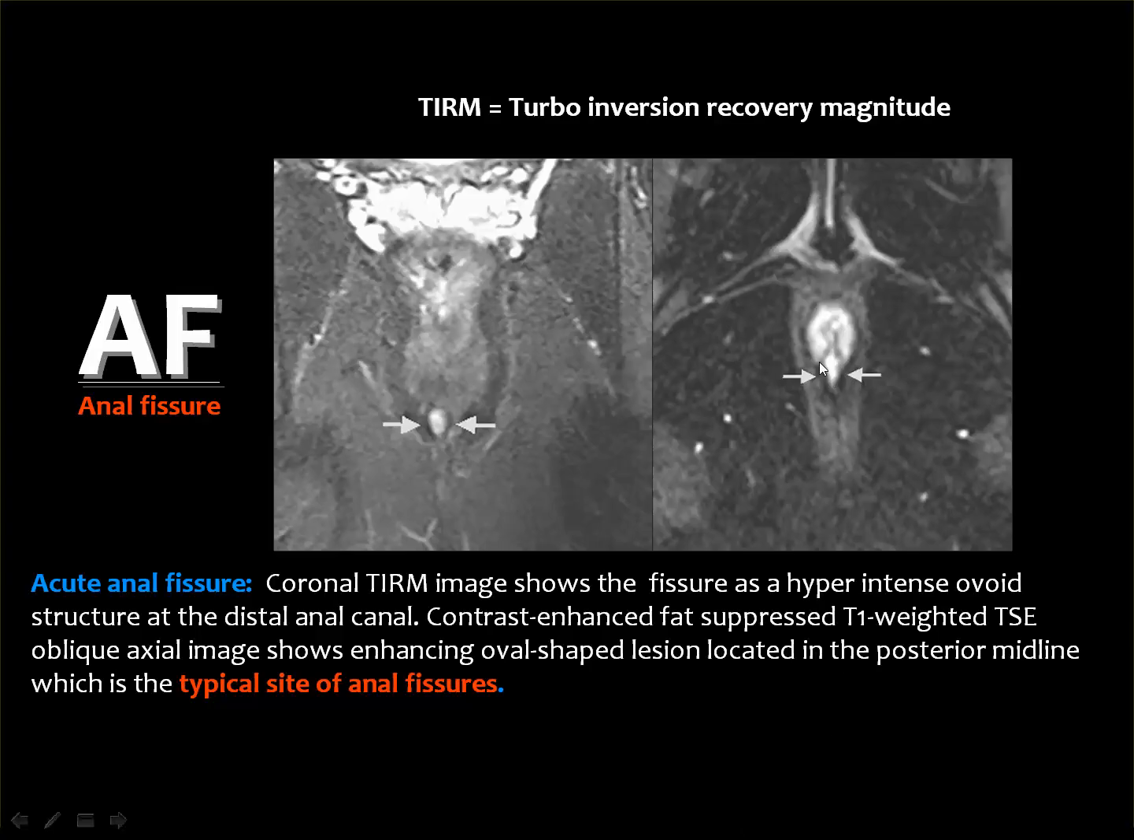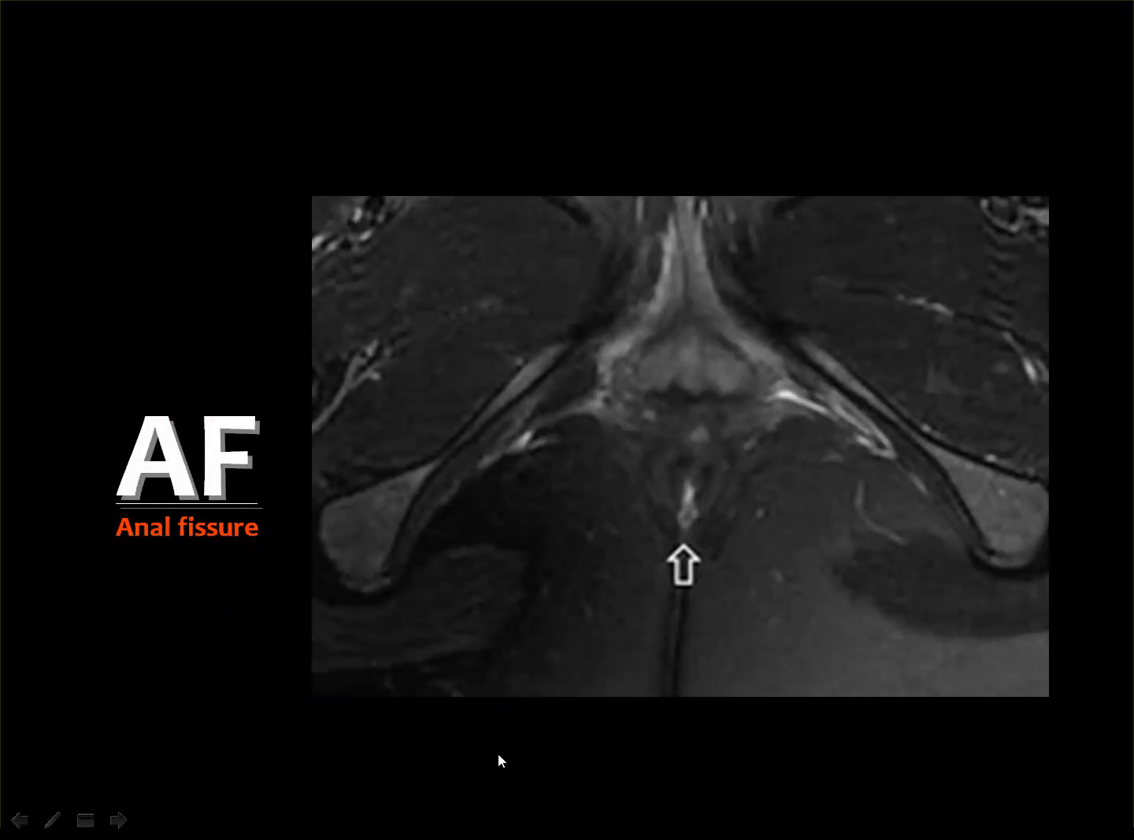And this is the site of the anal fissure. If you inject contrast material, it will enhance with contrast. And this is another example of a typical location for the anal fissure, which does not extend beyond